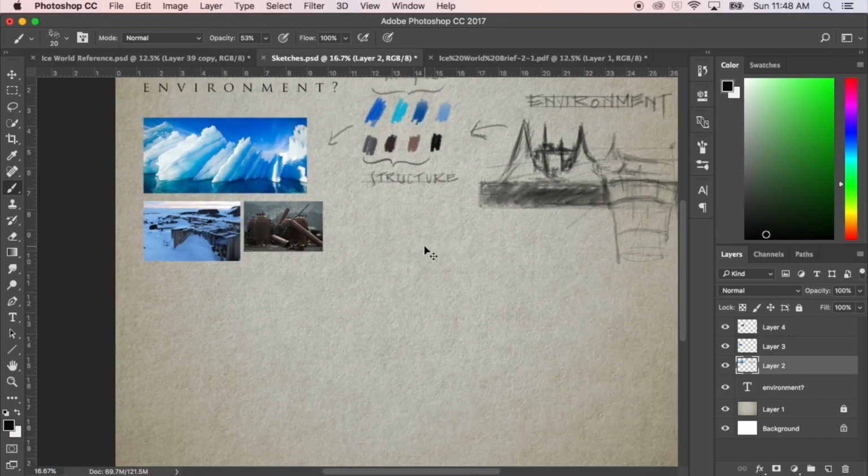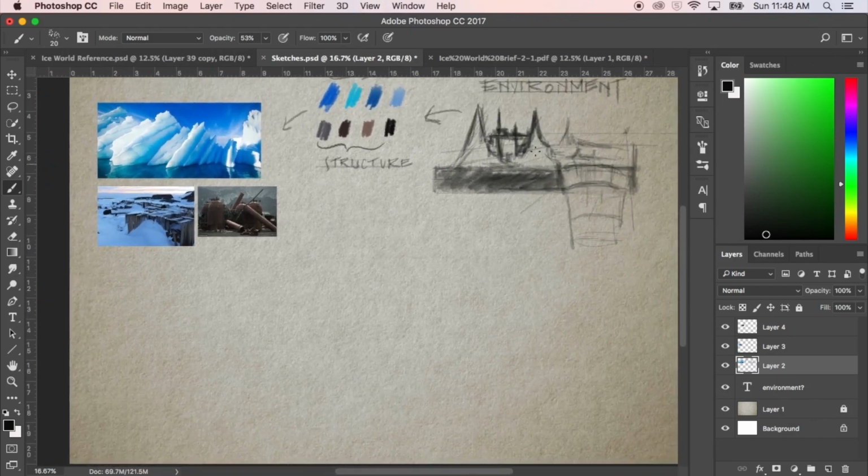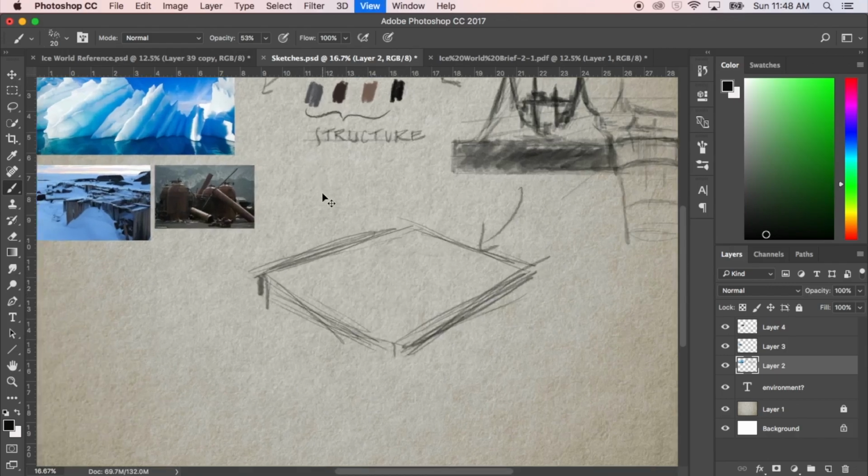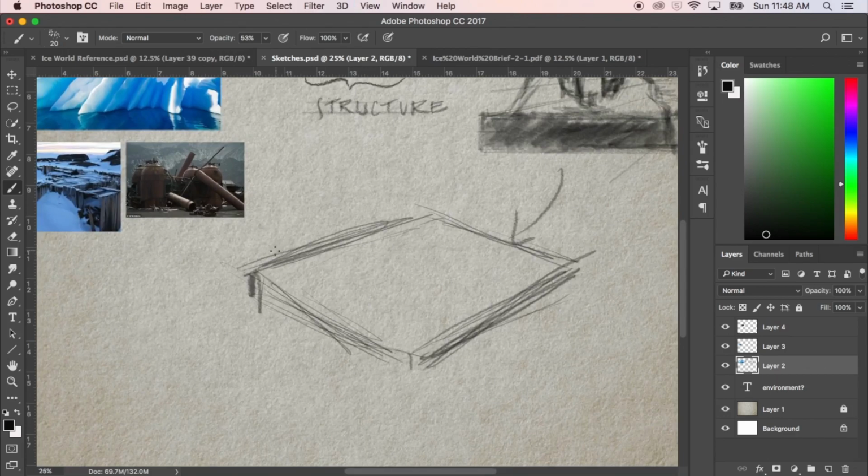So again, you just continue going on from there. You start thinking about, okay, maybe that's what the environment could look like, and you might do another sketch. This is more top down. I'm leaving aside doing all your perspective lines and all that, and I'm just taking an educated guess now and thinking, okay, well, that's roughly what the environment's going to be. And then again, just keeping it as a thumbnail and thinking, all right, so